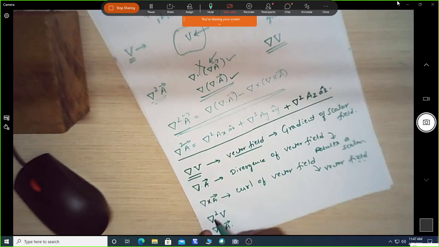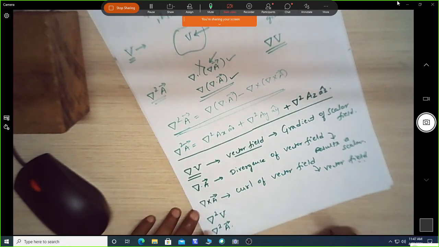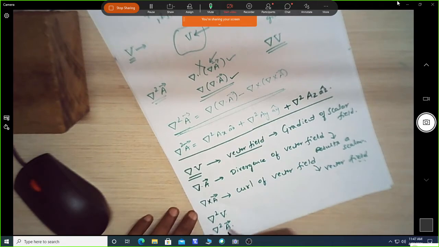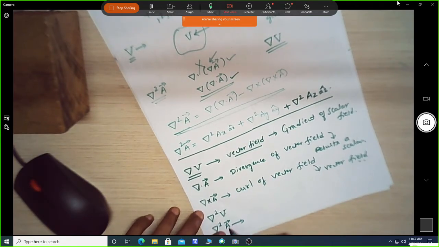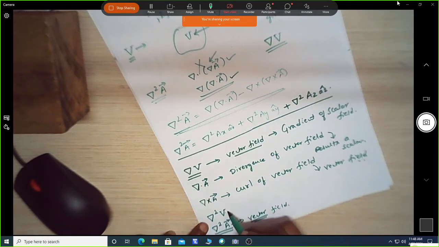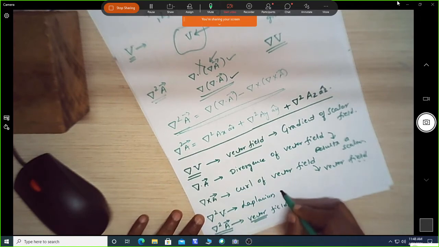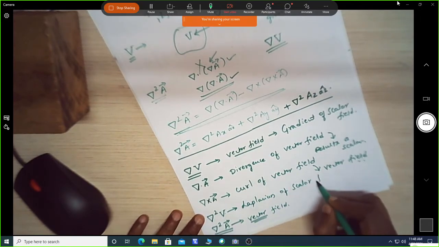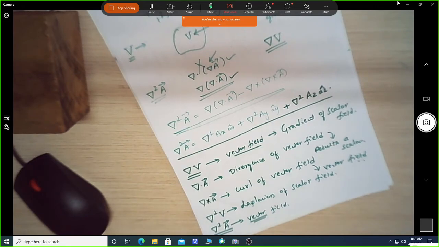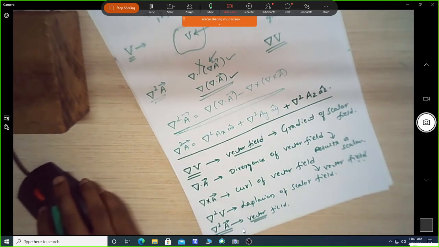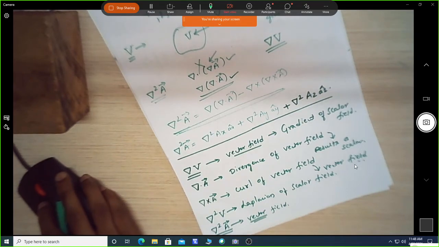Now, since this is a scalar and this is a scalar, we can have the dot product, and similarly this one is a scalar and this is a vector, so this will result in a vector. This is the Laplacian of vector A and the Laplacian of a scalar field. Is it understood? This is what we have come across when we operate the del operator, the differential operator. Is it understood? Any doubt in this?